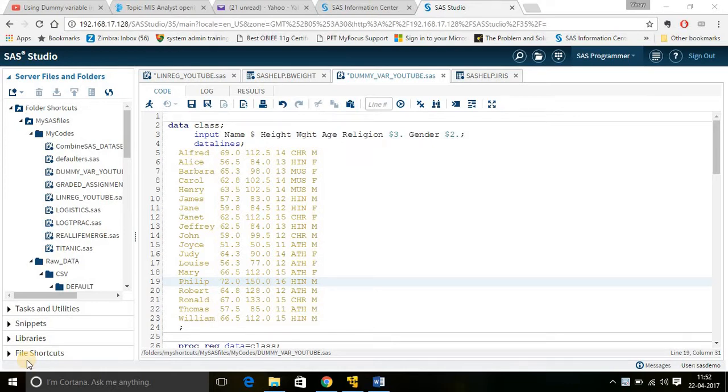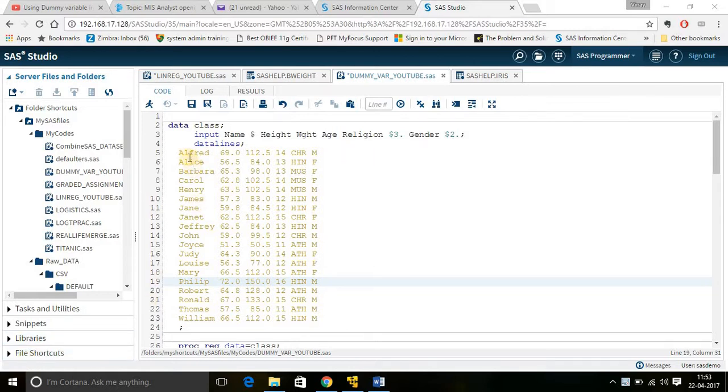Hi guys, today we'll talk about what a dummy variable is and how to deal with it. So our topic is dummy variables, and on top of that also the issues of multicollinearity and collinearity. So what are these terms? Before going into these terms in detail, first let us take a look at this data.